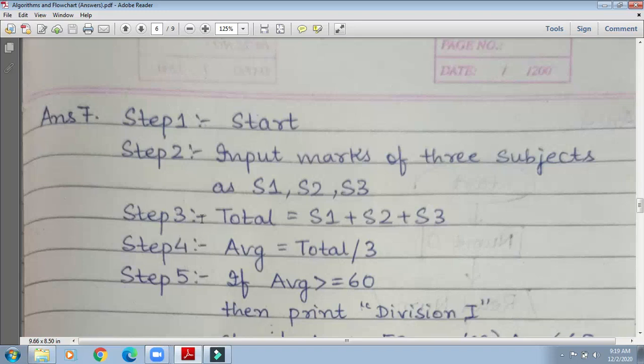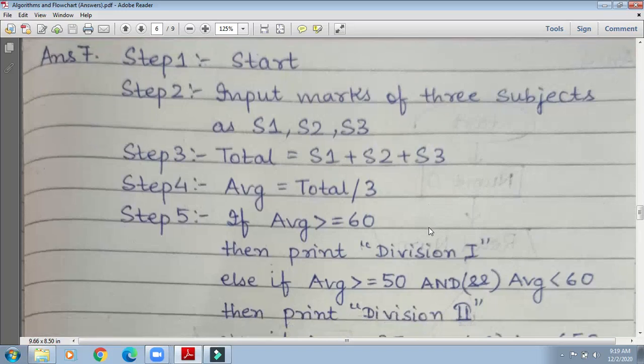So step number 3, total equals S1 plus S2 plus S3. So we got the total. Now step number 4, AVG means average. We are taking AVG as a variable for average. So AVG equals total by 3, total divided by 3. So now we have calculated the average.